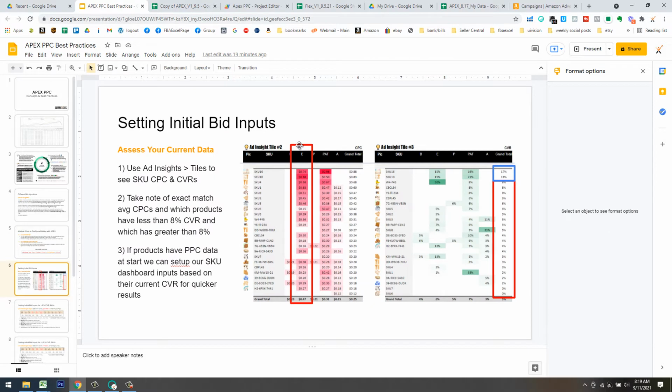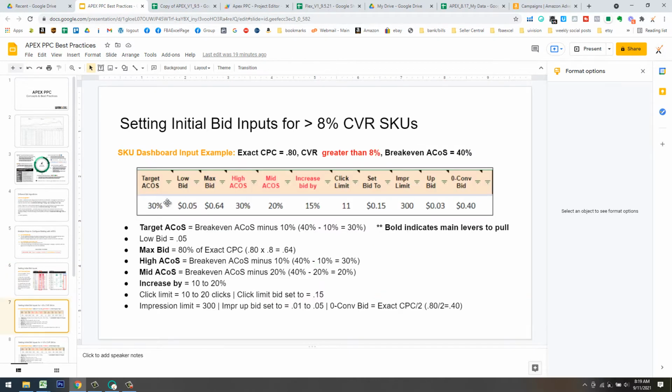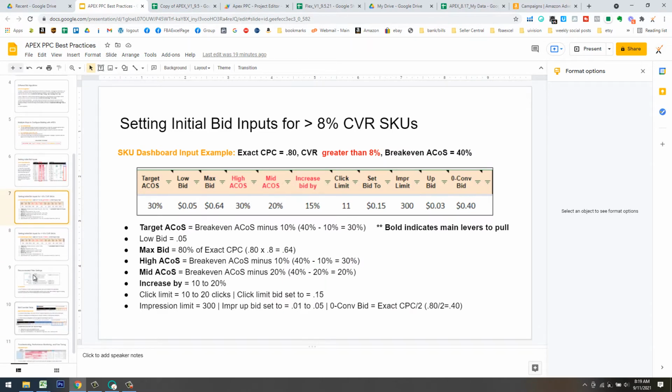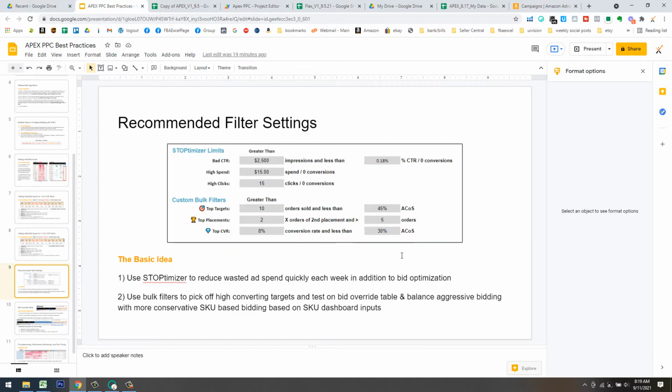I'm going to start out with this process where I'm using the add insight tiles to look at my cost per click and conversion rates. We're going to pick off just probably one or two examples and set up these inputs for the Apex bid algorithm. We'll take a quick look at the settings here for some of our custom bulk filters and stoptimizer limits,